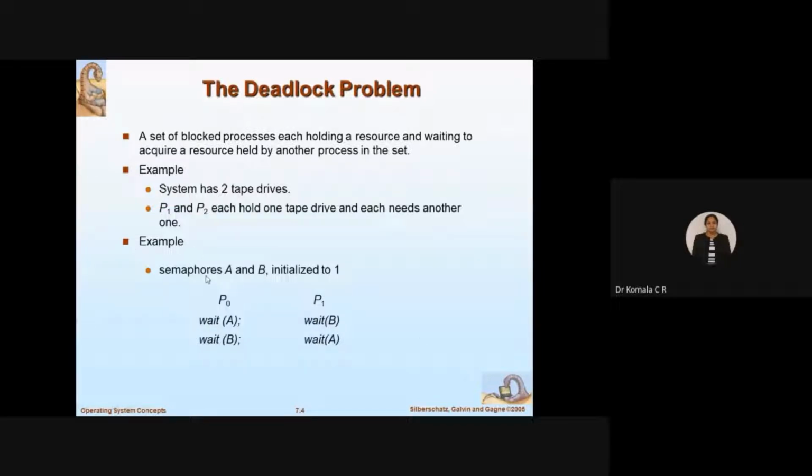So how will I try to resolve it? Say I go for two semaphores, A and B, and initialize their values to 1. We studied semaphores in the last unit; it is a synchronization tool. Here, for example, P0 is executing a wait statement with semaphore A, while P1 is using semaphore B. Then P0 executes with B while P1 is executing with A, based on the availability of the resource. This is how we try to solve the problem. Let us see how we do it in the next slide.